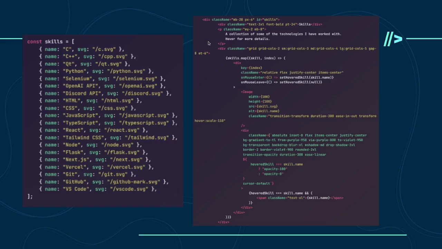In JavaScript, there's something called the map operator, and it lets you do something to a bunch of things in a list or an array, right? So essentially what we can do is, I have my skills array right here, right? As you can see, all of them are of a similar shape. It's an object with a name parameter and an SVG parameter, right? And so now, since all of them have this same information, and I want them all to take the same shape, it's really tiny.